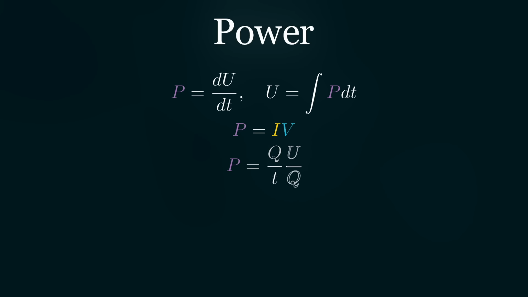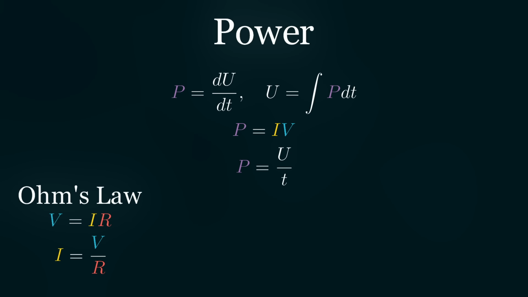Another useful metric in circuits is the power, or change in energy over change in time. So if the energy changes by 5 in 5 units of time, then my power is 1. So we can get power by multiplying current, which is change in charge over change in time, by voltage, which is energy per unit charge. And if you combine it with Ohm's law for an ohmic resistor, you can see that there are 2 other